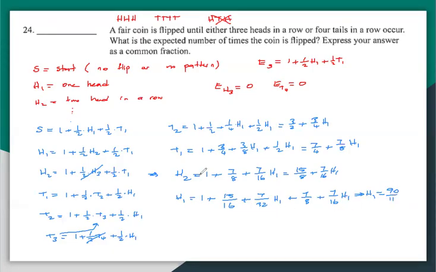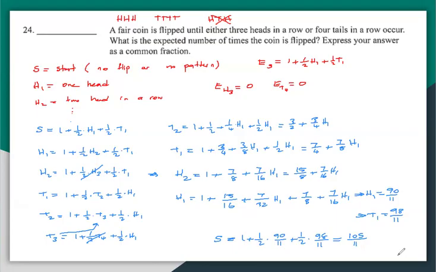Now we have H1, but we know T1 was also in terms of H1. If I plug that in right here, I will get T1 as 98/11. Okay, and then we got H1 and T1, and we are looking for S, because that is the expected value of the number of times. So S would be just 1 plus 1/2 times H1, which is 90/11, and then plus 1/2 times 98/11. You can cancel those and combine those. If you do so, you get